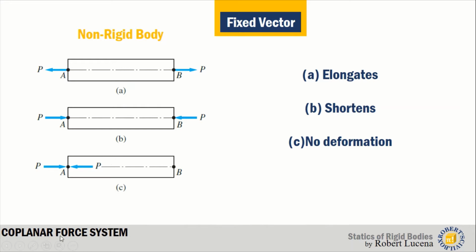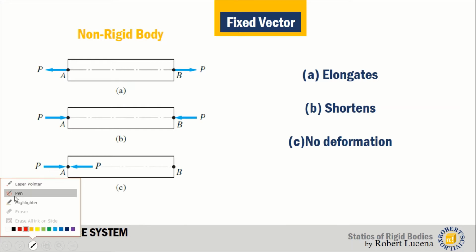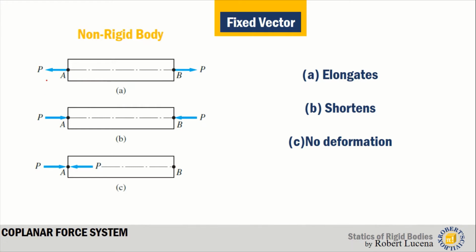If you have here force P applied at point A, and the direction of P is to the left, whereas if you apply P at A and the direction is to the right,